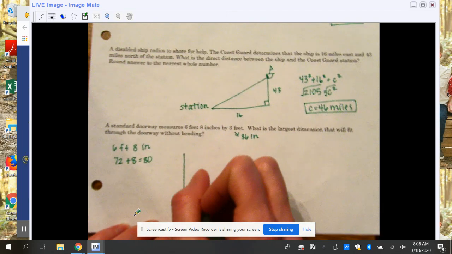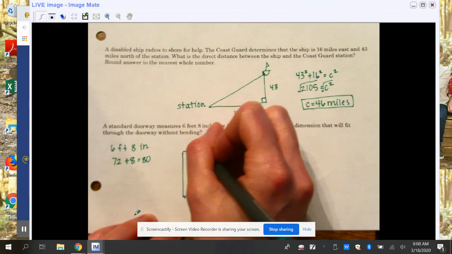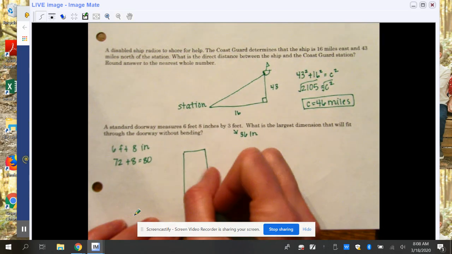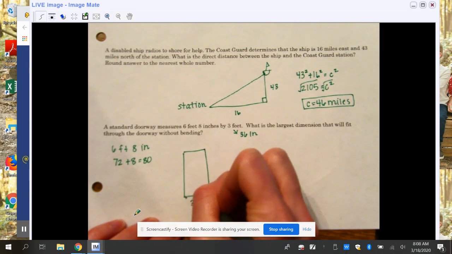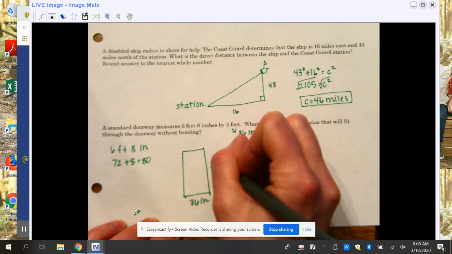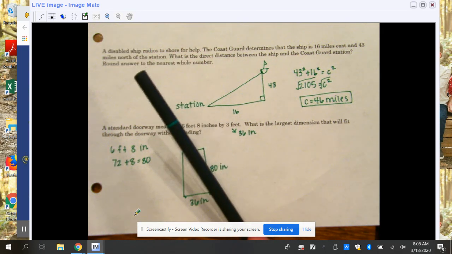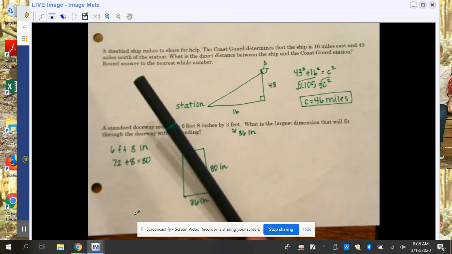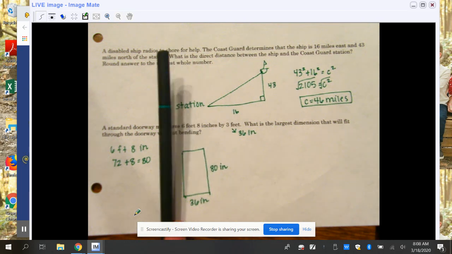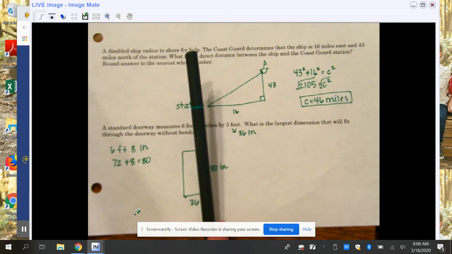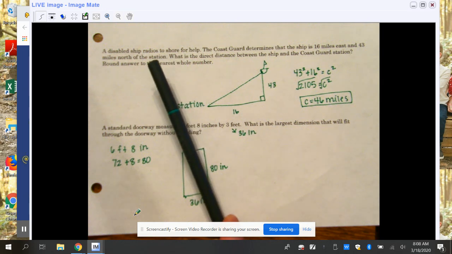Okay, all right, so here's my doorway. I'm going to make the smaller side 36, the longer side 80. So if I want to know the largest dimension that will fit through the doorway without bending, so that, right, the longest side is always the hypotenuse. So that means if I have this object that I need to fit through, I mean, think if you've ever tried to fit anything through a doorway, you turn it to the side, right? Because